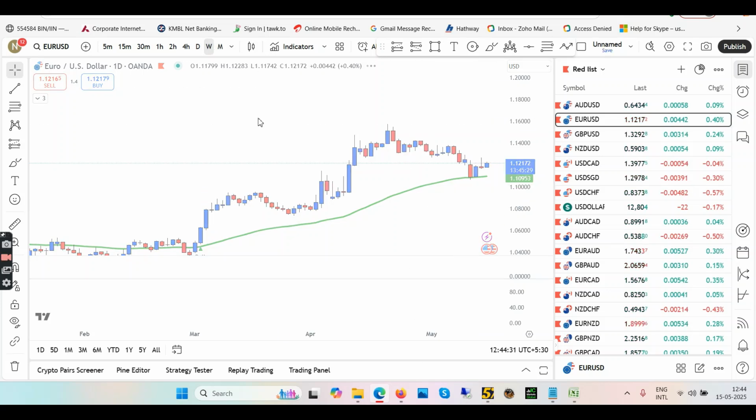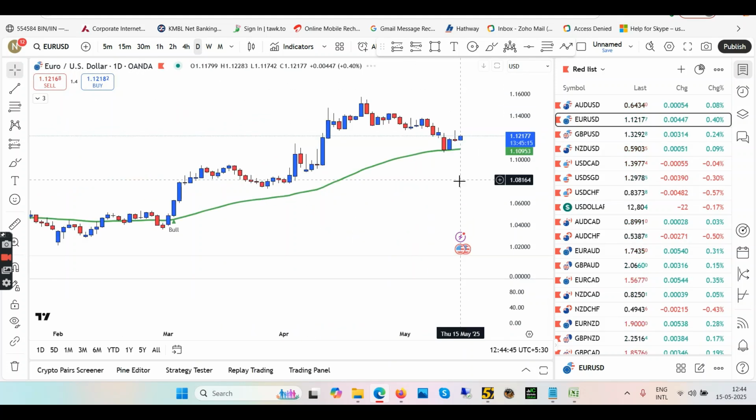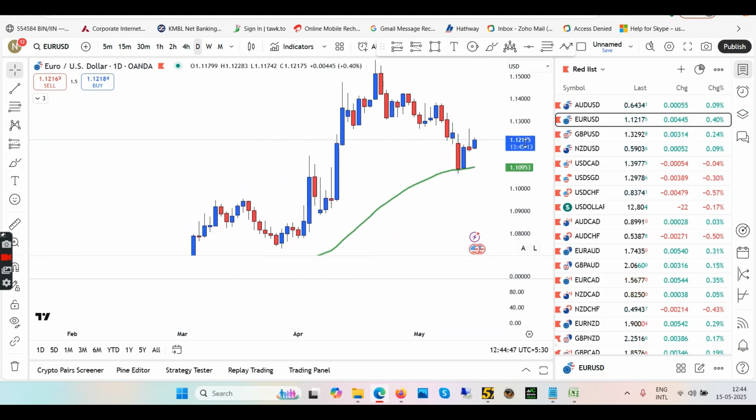Let's go to weekly chart and let's see what do we have in weekly. So in weekly, we have broken all the previous highs. Then we are taking a pullback, and maybe after the pullback, we will go up again. But weekly is too far, doesn't make sense. Let's get back to daily. In daily, what do we have?